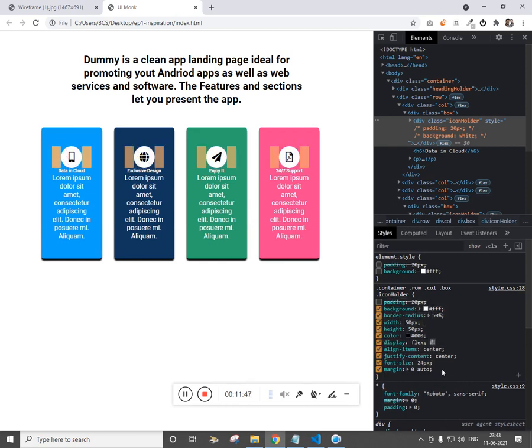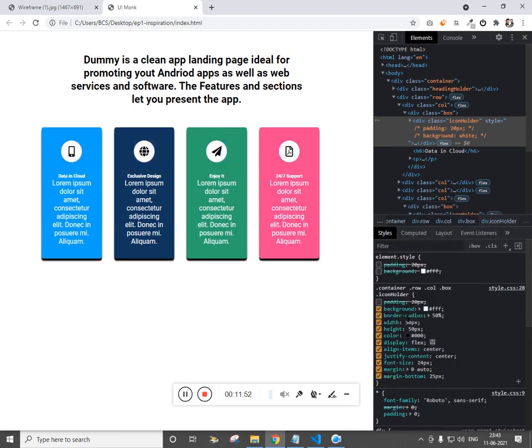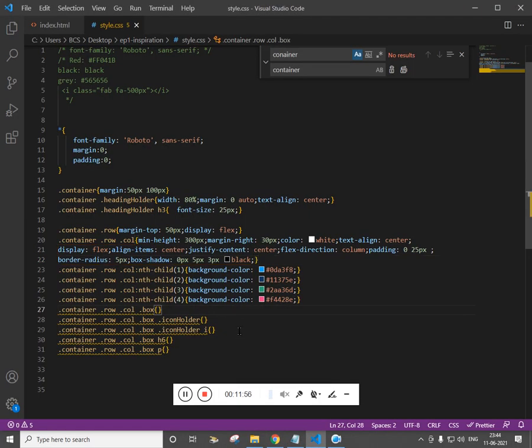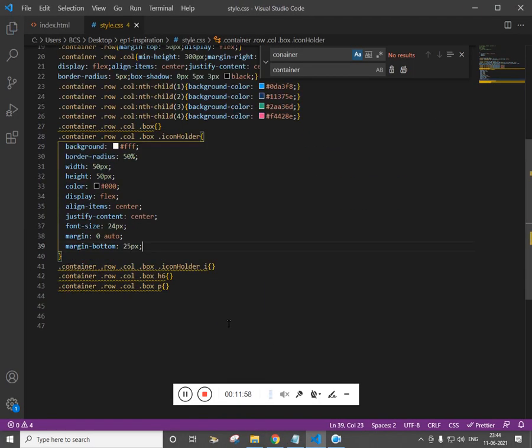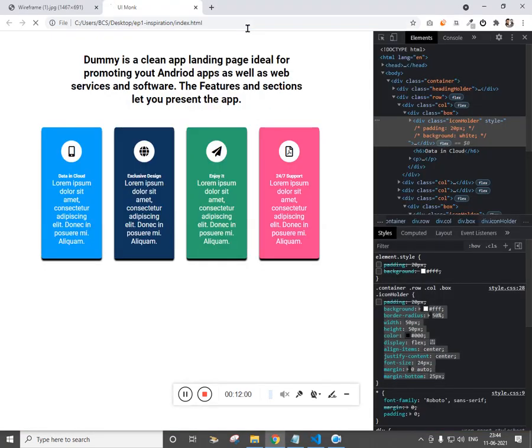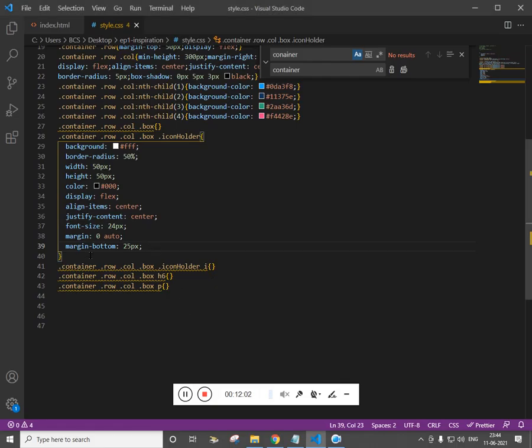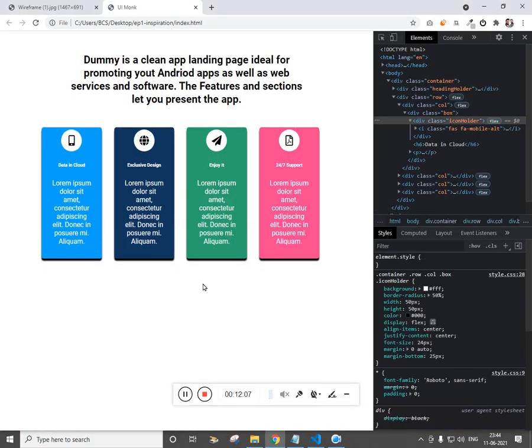And let's add a margin bottom 25 pixels. Cool. Copy all and paste it for the icon holder, and then we want to give the same margin bottom to the h6 and paragraph. Let's refresh.